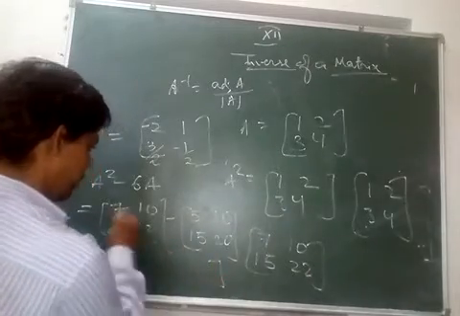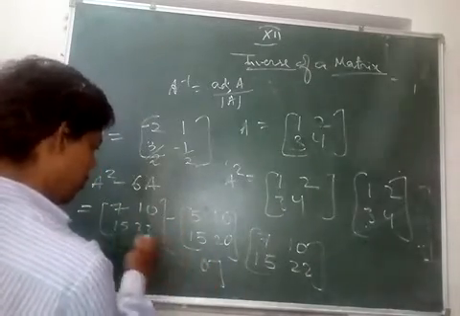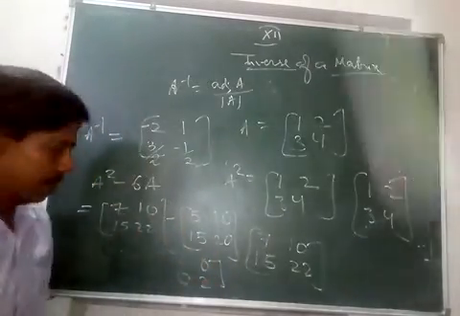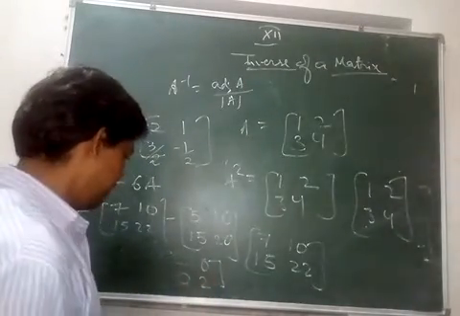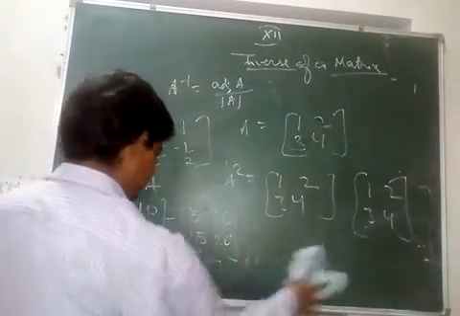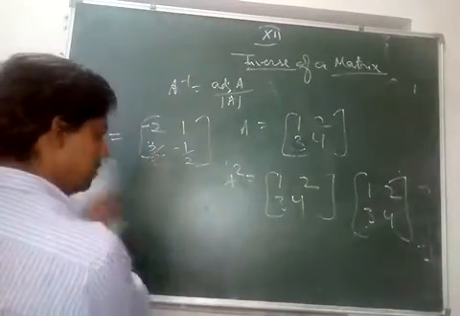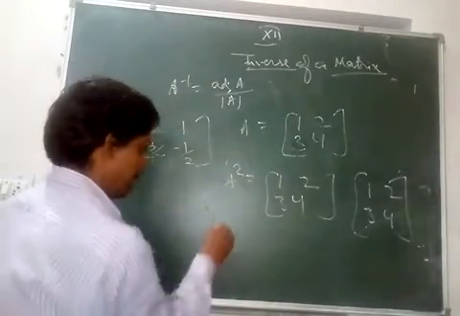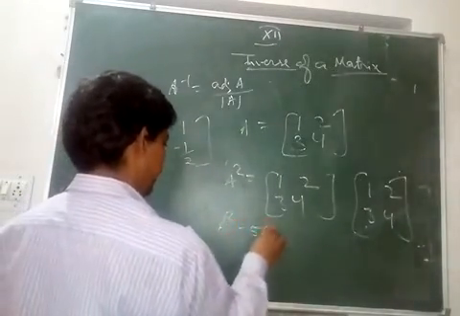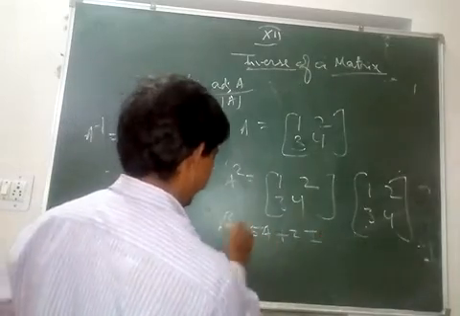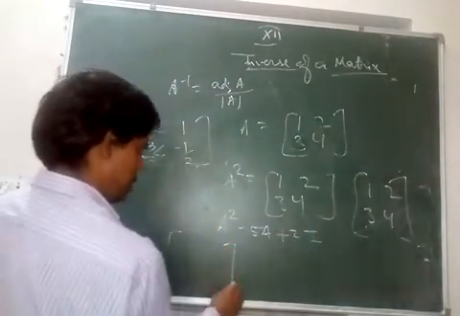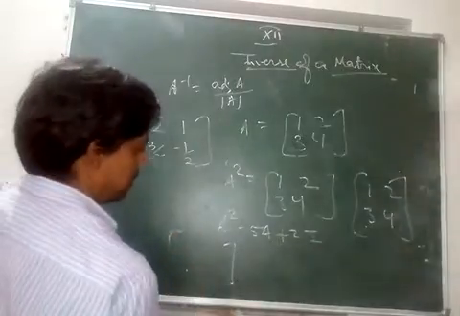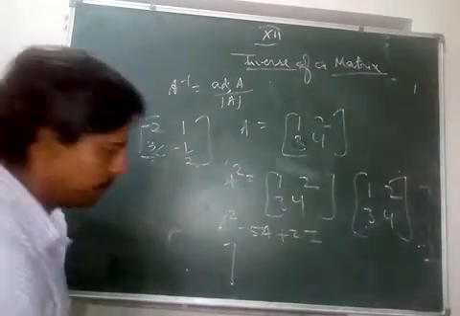We have got 7 minus 5 is 2, 0, 0 and 2. That is 2I. So what I can do is add 2I to it. Now see, I'll tell you what I am doing. I am computing A square minus 5A plus 2I, and you will find that this value is 0. Let's see how. So what was A square that we have written here?